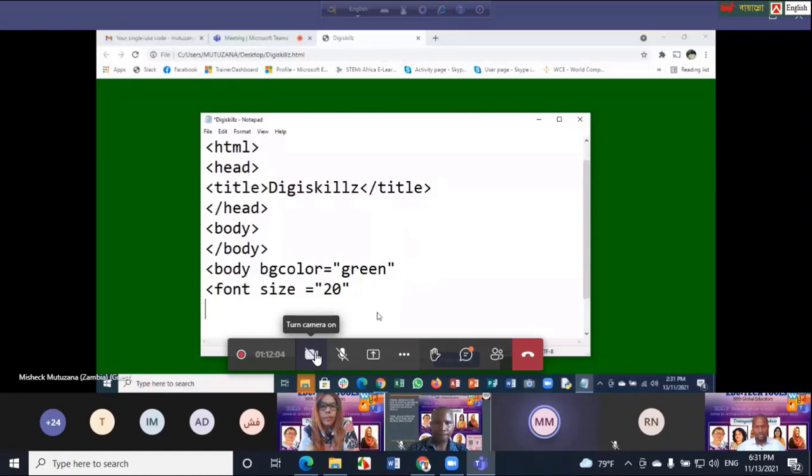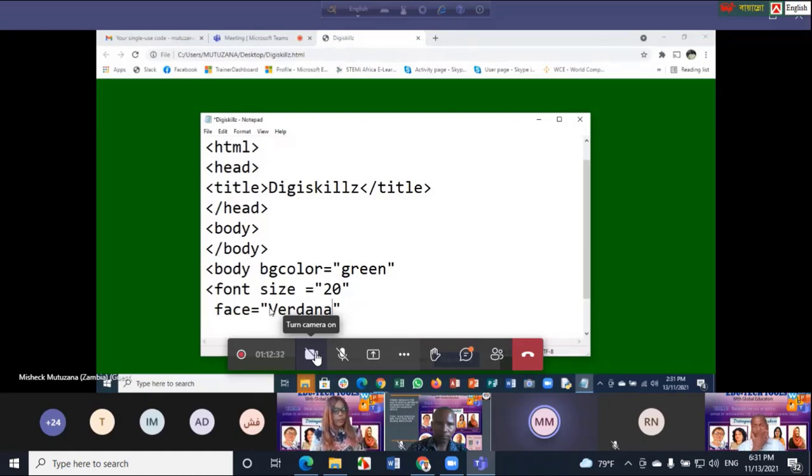I would have to give it the name of the, remember, we have font name. In this case, we use face, so it's called font face. So the font face that I'm going to use, you can use any other font face that is there in the computer that you might use in different programs. So allow me maybe to use the word Verdana. You can use Arial Black, you can use maybe Times New Roman. That's the first thing that I've done.